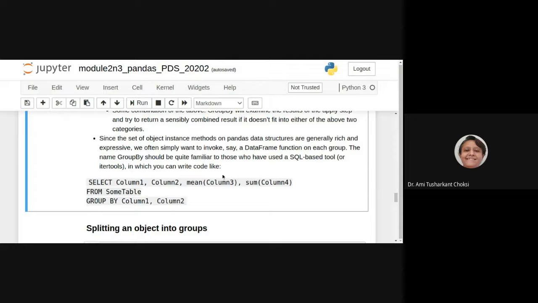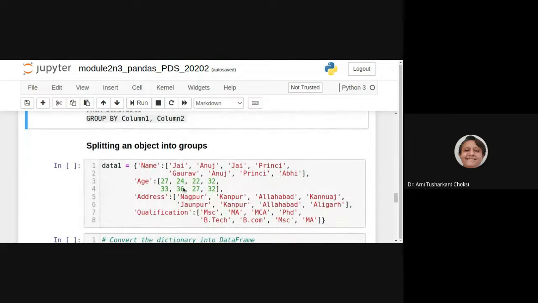This is the way. This is not SQL we are going to write, but we can get the effect like that of the SQL query, where we use the group by column 1, column 2. So let's see the example to understand. Splitting an object into groups, right?